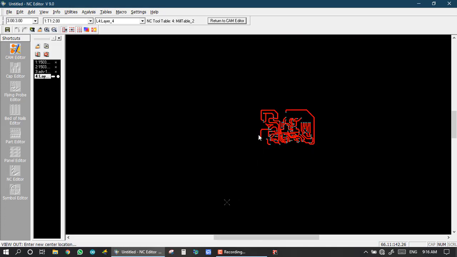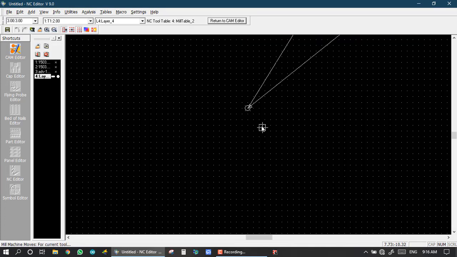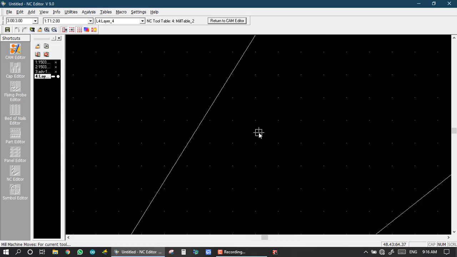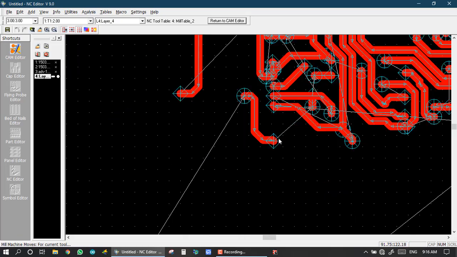So here we have just one drill bit, and it is my mill path. Start from here and here.